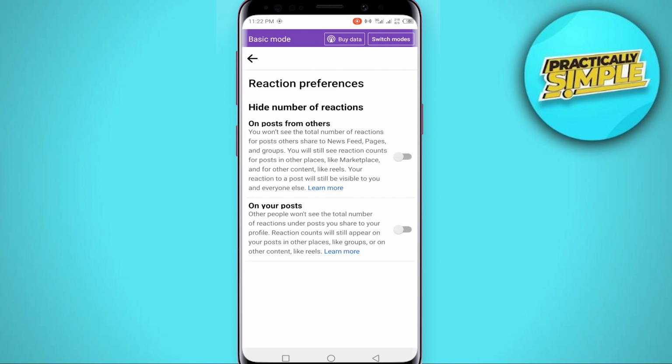Now you can see two toggles over here. On the first toggle over here, we have Facebook is going to hide likes and reactions from other people's posts to you. Now this is including to you all, but if you want to hide on your post so that no one else is able to see your own reactions, then you can turn on this second toggle